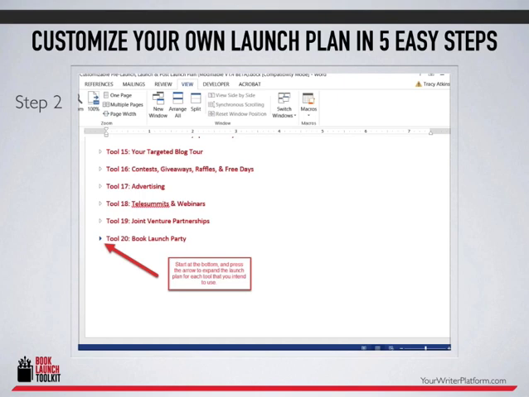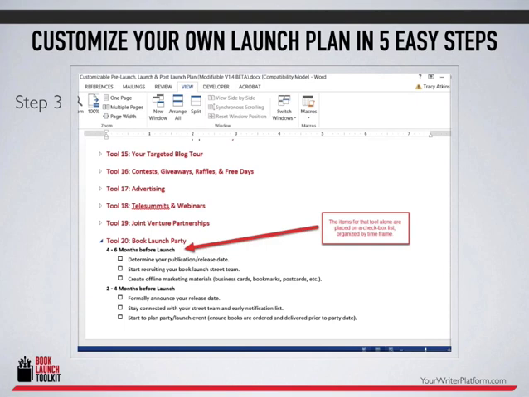The way that works is, step one, you open this document and you'll see that all of the 20 tools in the toolkit are present. So you just figure out which ones you want. Let's see the next slide, Kim. Step two is you just, starting at the bottom of the list, click the arrow to open up each of the tools that you're planning on using. Like if you're going to have a book launch party, you click that triangle and open up that tool. Step three,